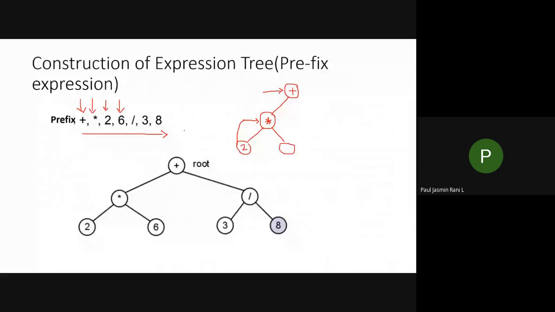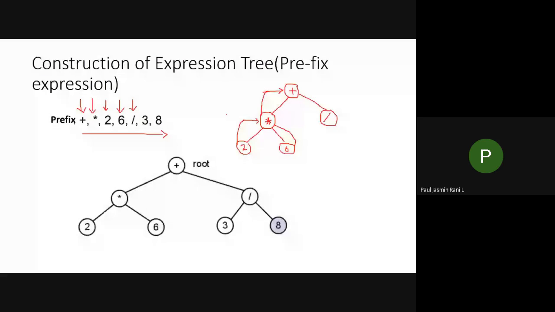Okay. So next, after completing this one, the next element is slash. So where will I put the slash? For this 6, the right side is over, so I go to this parent node. Again, this parent node's left to right is over. So what happens from here? Again, I go to this parent node, plus. From plus, I'm going to create another node, and I'm going to place this slash over here. Okay. So the slash is done.